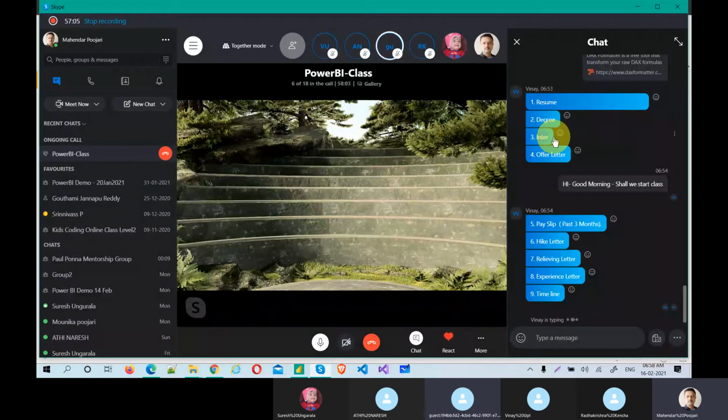Inter is not required. I don't know why he has written inter here, but it is not required. For the degree, the latest qualification is fine. If you have an MCA or MBA, which is a PG, and the timelines are perfectly fine, you don't need to mention the degree. If you have a post graduation, no need to mention the degree. That's up to you guys. If you have a degree and a PhD both, we should mention both or either one. That's what I'm telling. I prefer that if you have a PG, you just directly mention the PG.